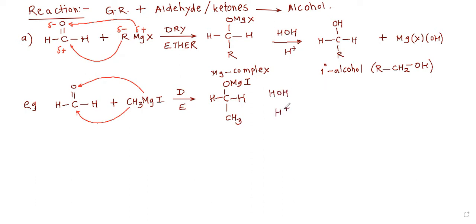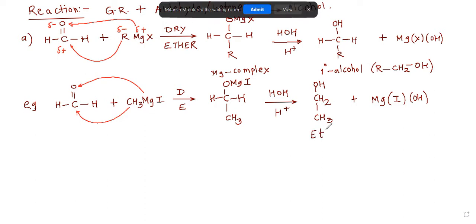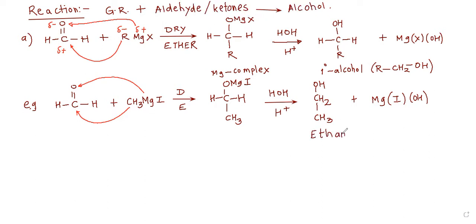Treated with water in presence of H plus. So this is going to give us CH3, and I am writing together CH2, and what is this above going to become? OH plus MgI OH. What we have obtained here is actually ethanol. Grignard reagent gives you a synthesis of making almost virtually every product in organic chemistry. Any substance you want, Grignard is a magical thing which can create it.